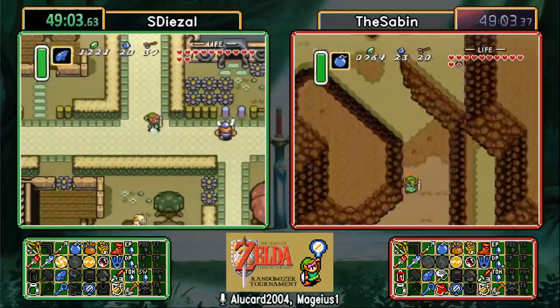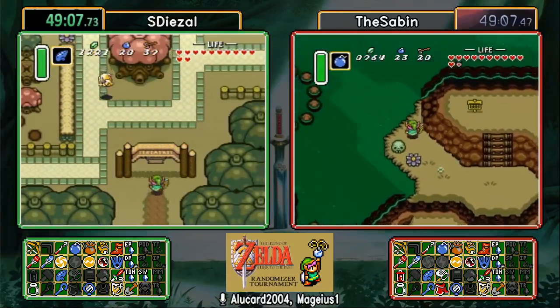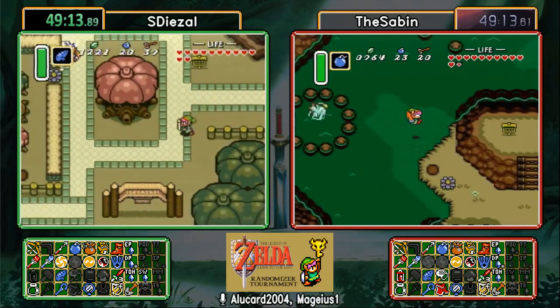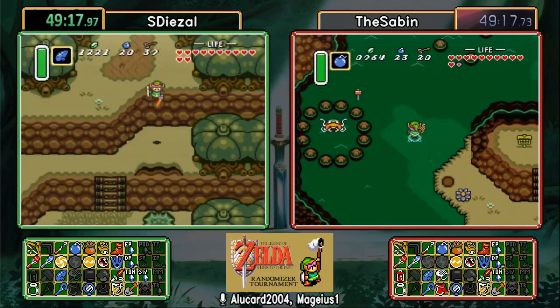Looks like SDiezal's gonna do some overworld cleanup on the south side of Village of Outcasts. We know that this doesn't really yield any value. Very true. But, although he can check Magic Bat, which I think...